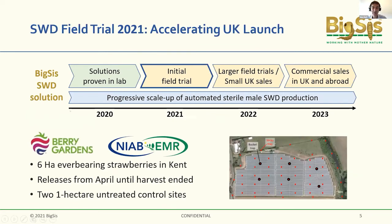So we've been working on this for a number of years already, and we are currently building our first automated SWD sterile male production plant, which will be used to run large field trials next summer. And we're aiming for a full commercial launch for the season of 2023. What we've been able to do this season